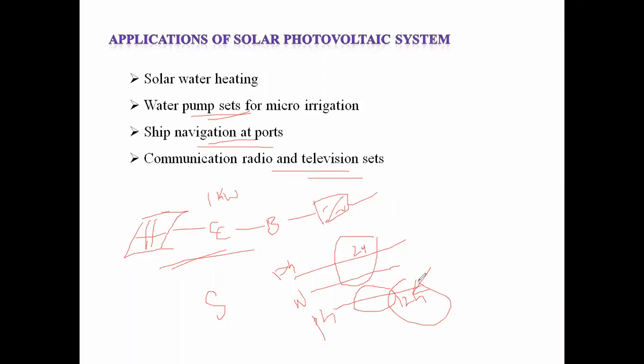And at present, solar power generation is used because we can save the environment without polluting. If you go for a thermal power plant, it pollutes the environment; it releases carbon dioxide, nitrous oxide, and sulfuric acid. If you go for a nuclear power plant, it affects the environment with radioactive substances.